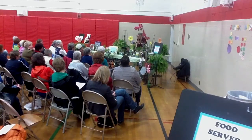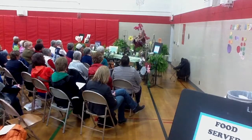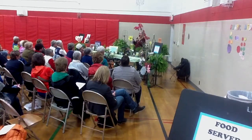A couple other things I want to talk about is if you have a larger pot, it's easier to maintain because the moisture and the fertilizer and everything is held. If you have a very small pot, you have to water it more. So always when you're making your decision,